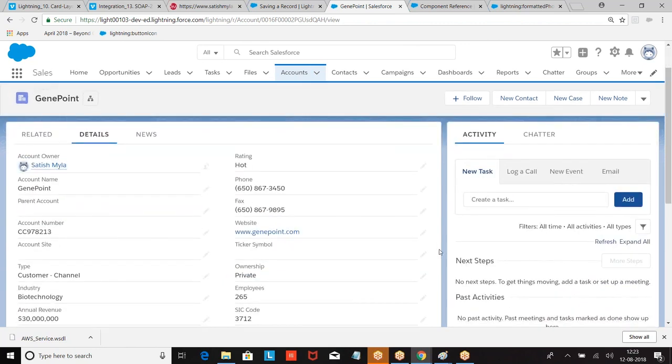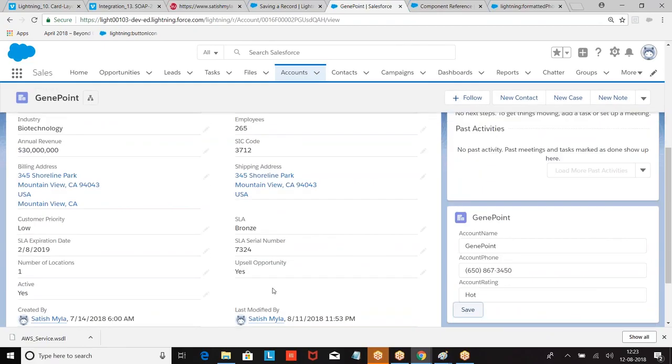Now what happened? When the record is loading, when I made a change here, click on this and save this. When the component is reloading, all the changes should be applied on this component also. Then I need to go for handler methods. Right now, when a change is happening here, it is getting changed on the detail page. So what is our requirement? When this component is loading itself, when somebody makes a modification on any other component, this component should also reflect it. Then I can go for handler methods. We'll see it in the coming classes. But this concept is clear for everyone.